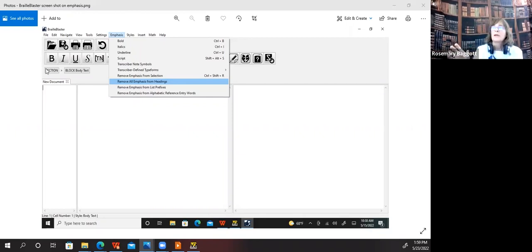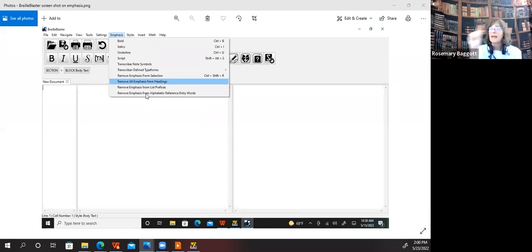Because of the way NIMAS files read the print, and print design uses a lot of emphasis, a lot of bold type or color in headings and other parts of the text, just for what some call eye candy. It would actually be more confusing than not. So it's possible to remove emphasis when using Braille Blaster from all headings, from list prefixes, which are often the headings in the table, often generated as a nested list.